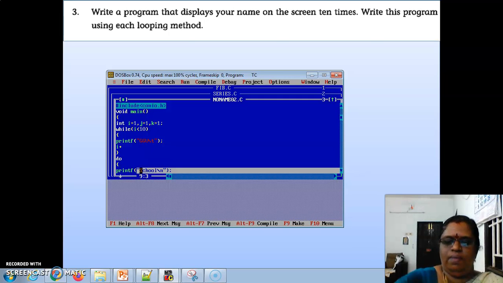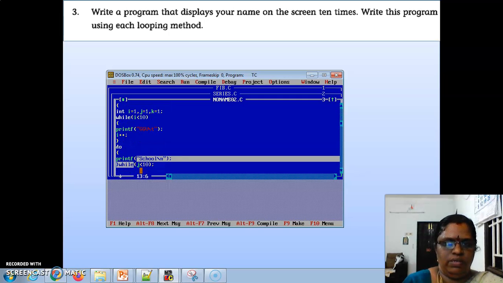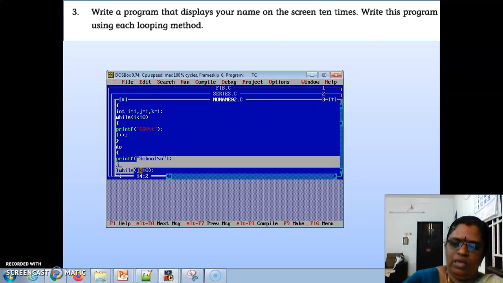I plus plus to increment this. Here also we missed J plus plus to increment.